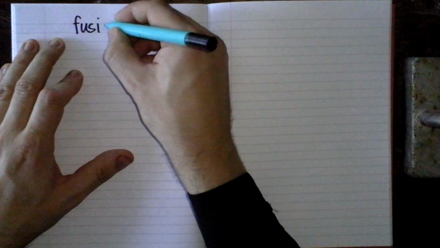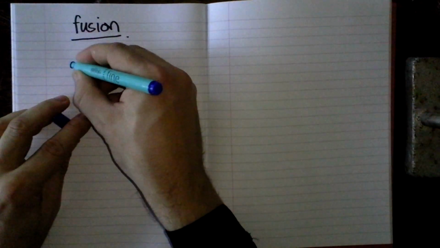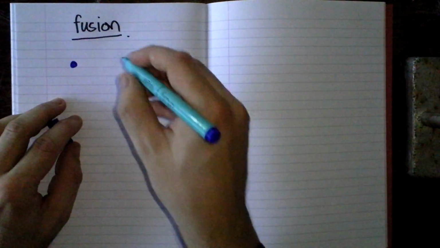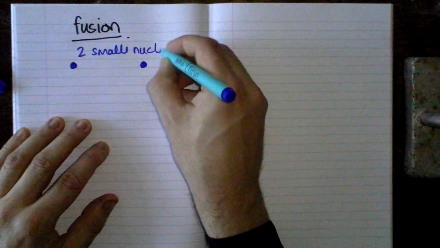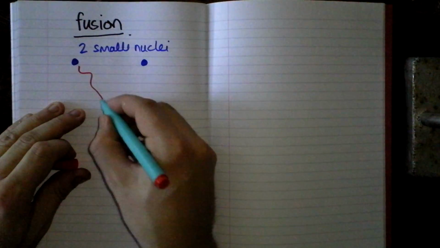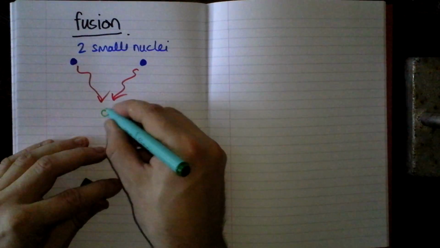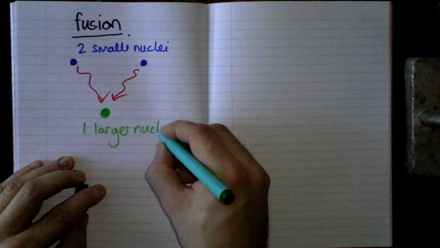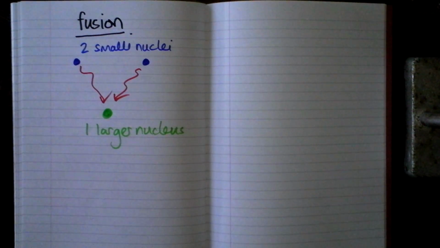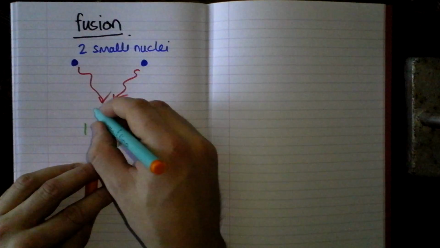First, it's called fusion. Now, fusion is really, really simple. All it is, is two small nuclei. Hydrogen is the classic example because that's what most of the fusion in the universe is. So two small nuclei, and if you can get them to crash together hard enough, with enough energy, they will combine together and make one larger nucleus. If I crash two hydrogen together, I can get helium, and they will release some energy,